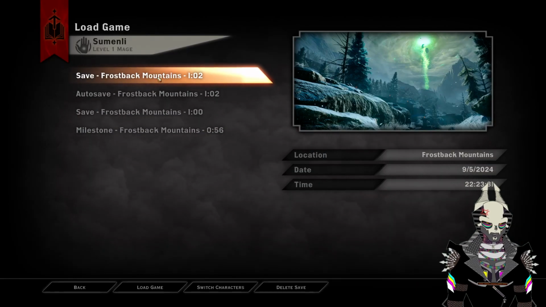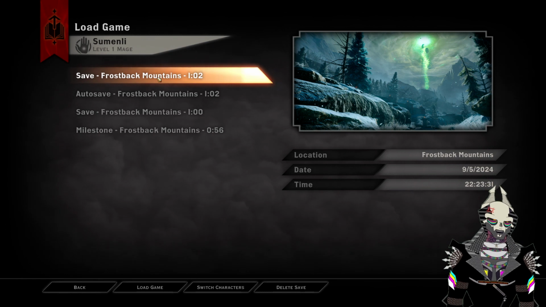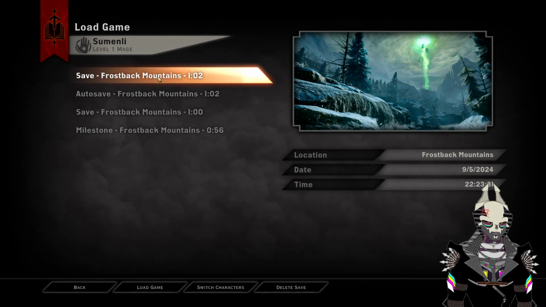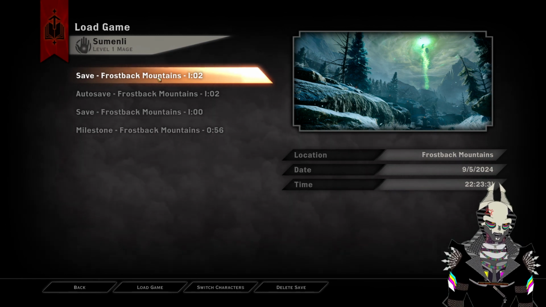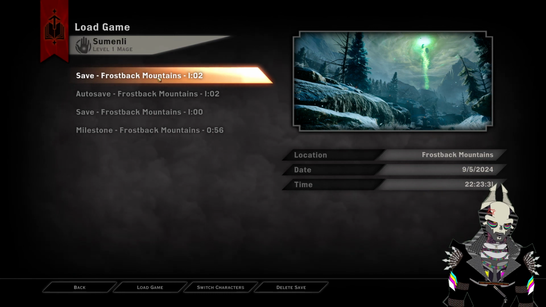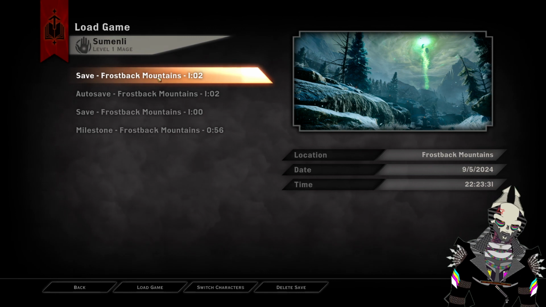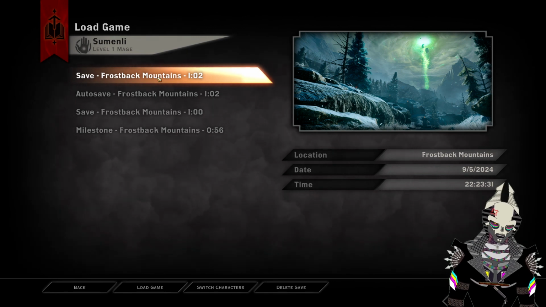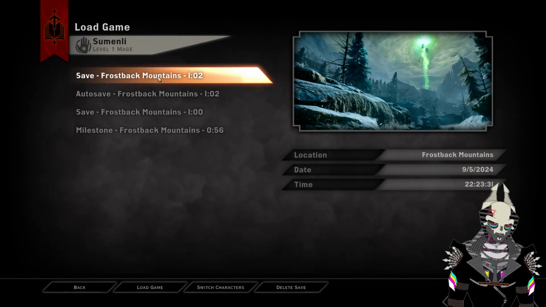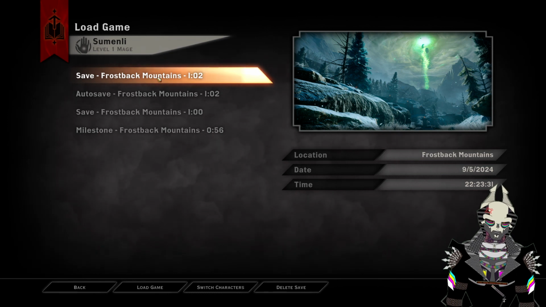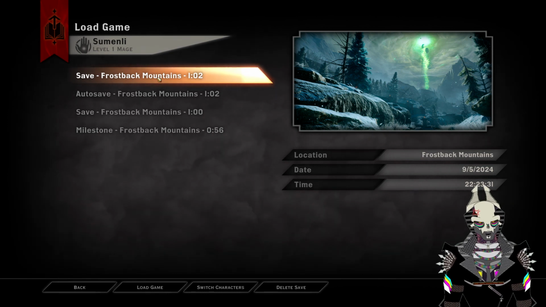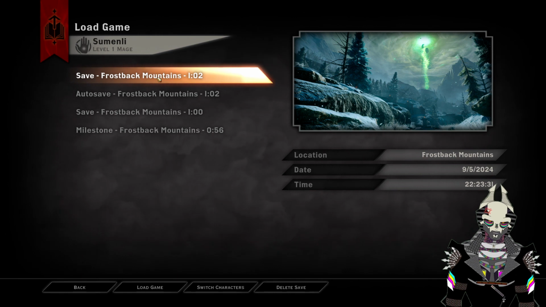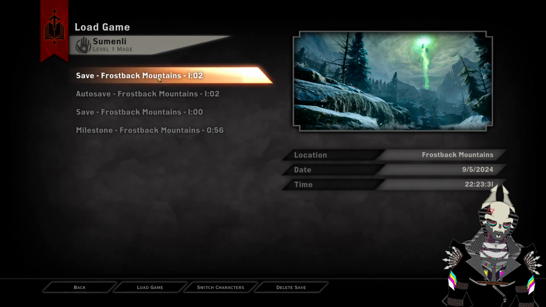In fact, I have a strong temptation to say maybe we've got a lot of the busy work out of the way, maybe we call it there for the night, and we just start off in the combat after I figured out how to bind my keys correctly, because without the stream deck, this is going to be hitting all of my toggles. It's going to be hitting minimum 4 of my toggles, just trying to play properly, so... We're going to call it early tonight, and when we come back to Dragon Age Inquisition, hopefully I will have my stream deck working. If my stream deck still isn't working, then we're going to probably play some Dragon's Dogma,